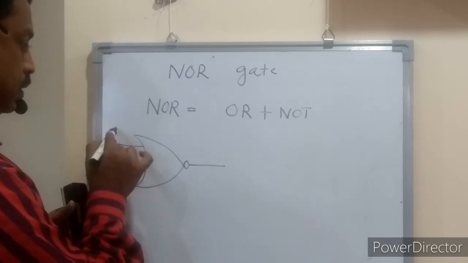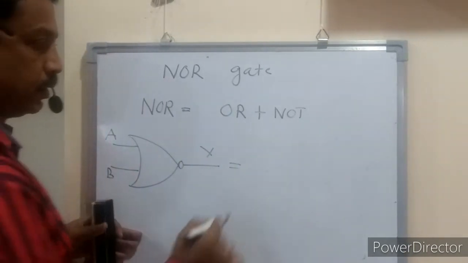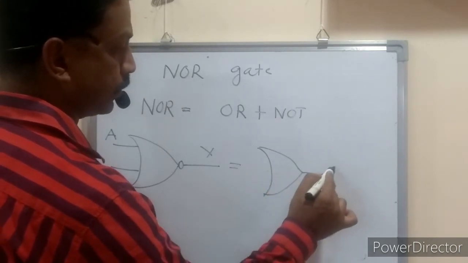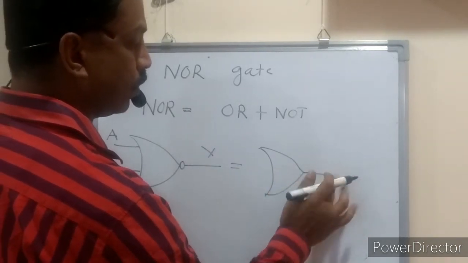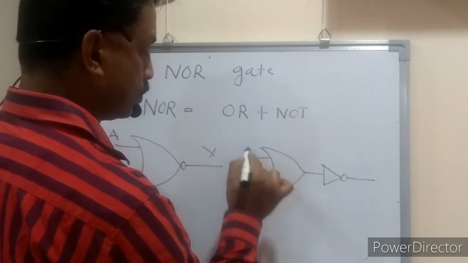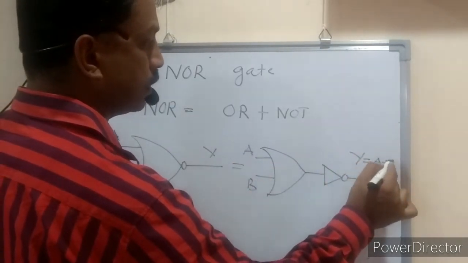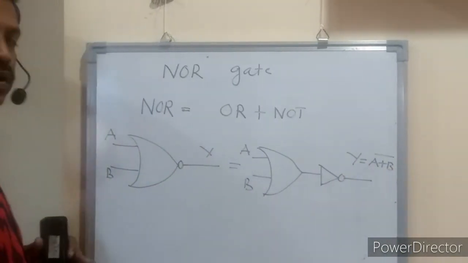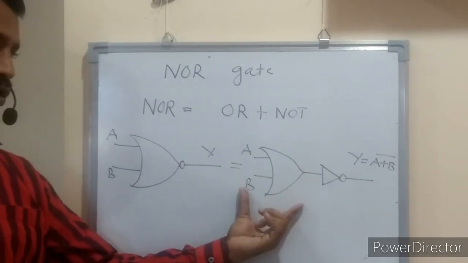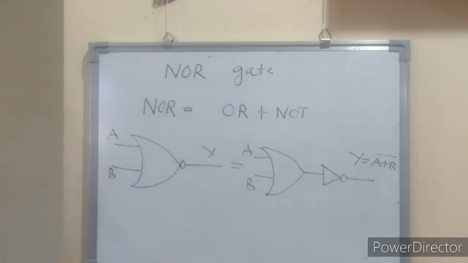Again here we say that the two input OR gate, or here we can draw like this. This is one OR gate attached to one NOT gate. So here A is there, here B is there, and here we say that (A plus B) complement. So in this way, this is the logical symbol of NOR gate. NOR gate is nothing but OR gate plus NOT gate. So this type of gate is known as a derived gate.